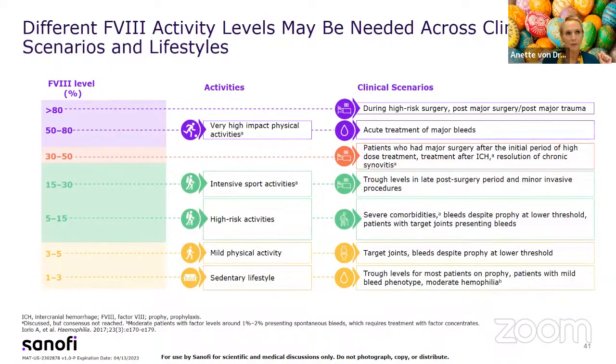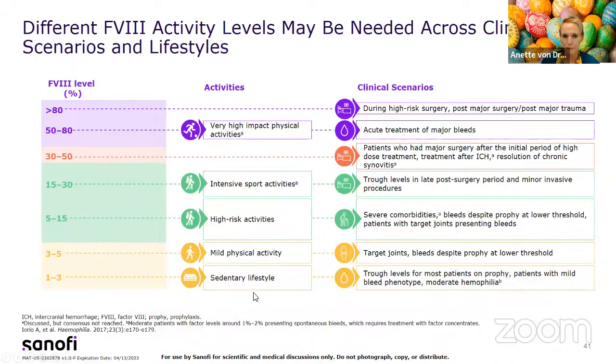So with that, we come to this large cartoon, or really busy slide, just depicting the logic that different factor VIII activity levels may be needed across clinical scenarios and lifestyle. We are now in the era of individualized, personalized treatment, and not every shoe fits everyone. So for instance, one can come up with maybe 1 to 3% as a trough level that might be fine. If someone lives a sedentary lifestyle and sits at the computer all the time, we don't have to check them